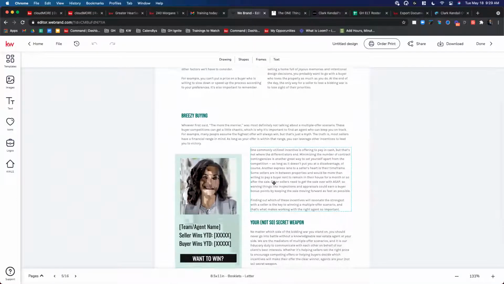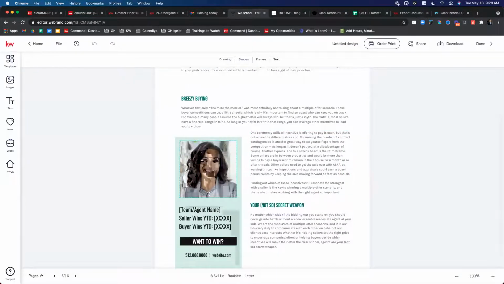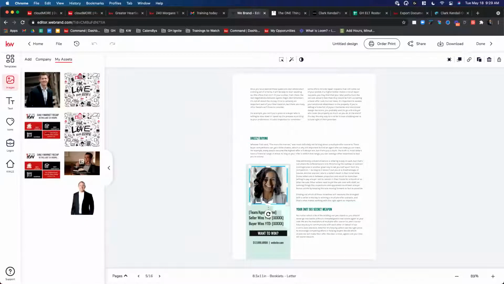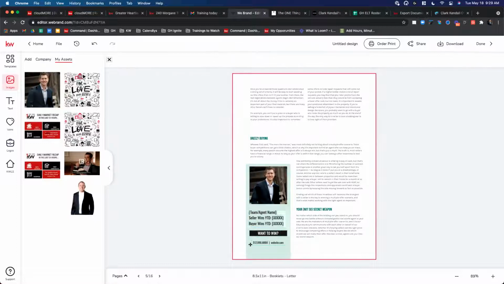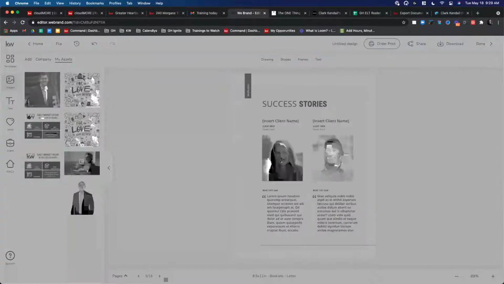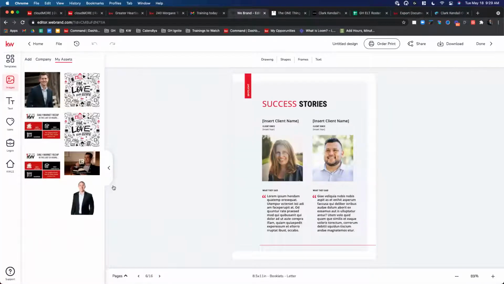You can read through this, but we definitely want to change anything that has somebody's picture. That's where we should be. So updating the headshot there, no problem. Coming in, changing the name, phone number, website, all this stuff, right? Just read through and say, where do I need to put my information? I don't want to drive home this point to exhaustion.